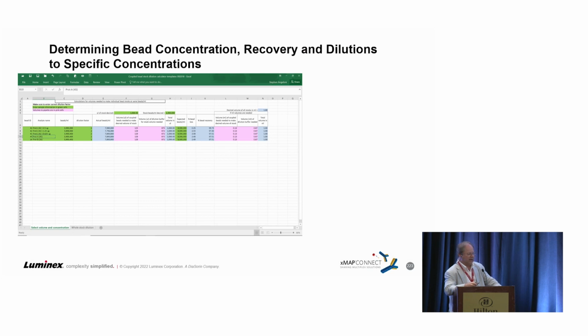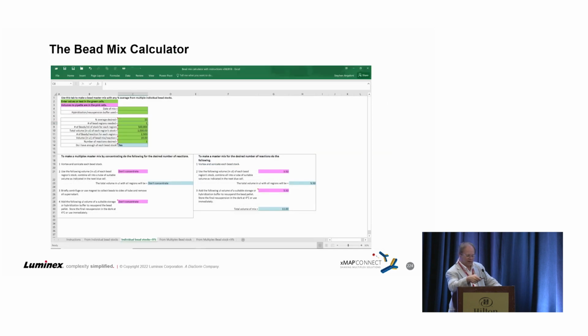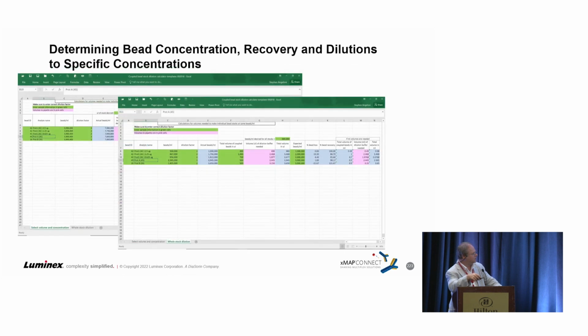And this workbook has 2 different tabs in it, because what you'll do after you do your coupling is you can use a hemocytometer and a microscope. There's a couple of digital counters you can use to count the bead concentration. And then you would enter it on this information here where the green fields are. I didn't want to go forward, I just needed the laser, and that's a little too far back. Okay, so these will help you get your bead concentration, and then the value that goes in this cell here,